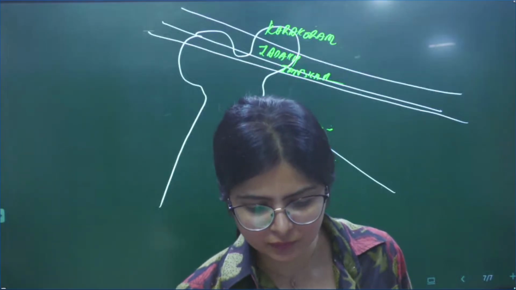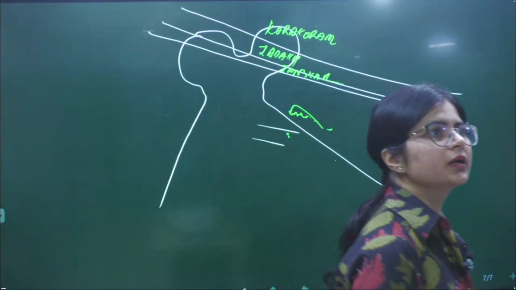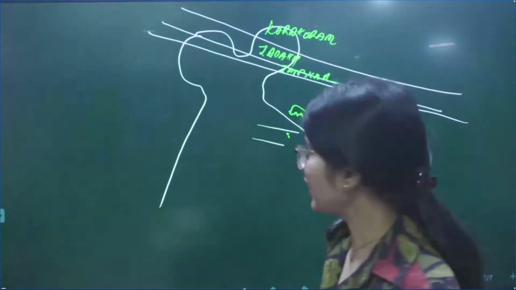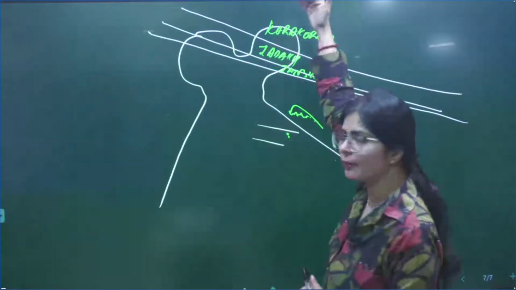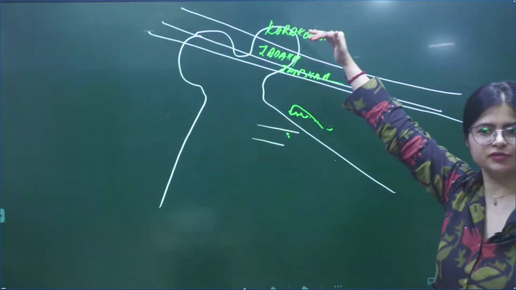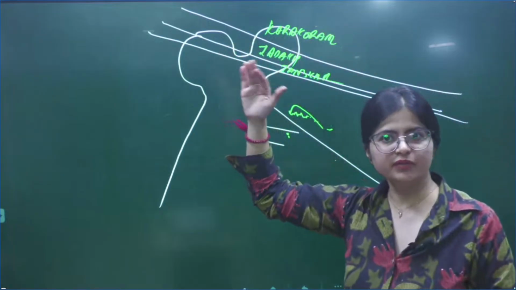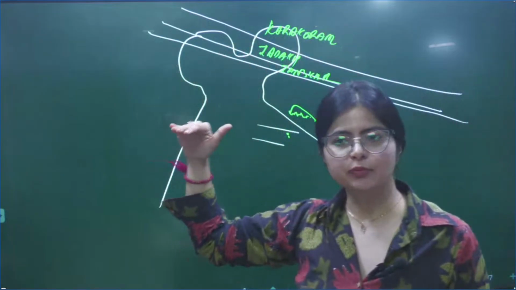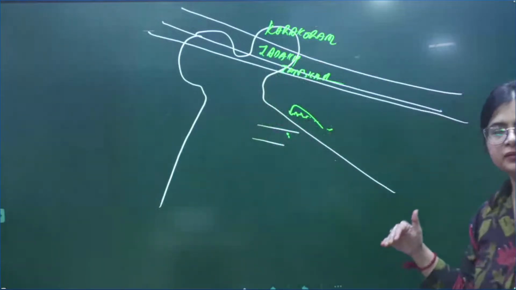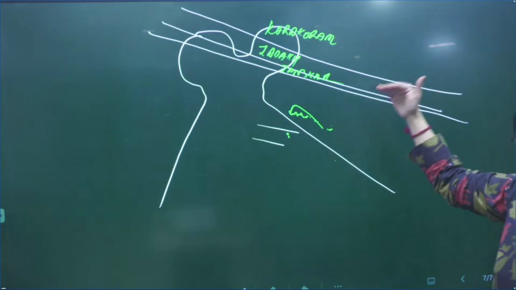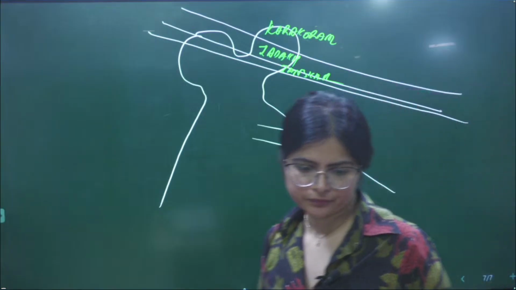Now write down Karakoram. The Karakoram, which is the first layer, the one at the top. Remember these things for Prelims also, which is very important. A question can come: arrange the following, or which one is coming where. So you have to keep this in mind. You should know the chronology of this, how they are arranged. The first is Karakoram.